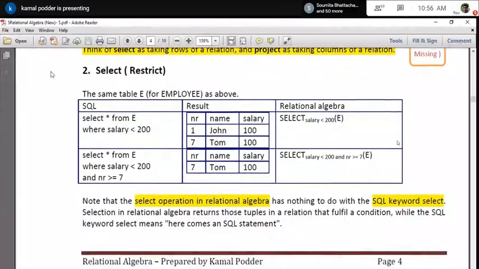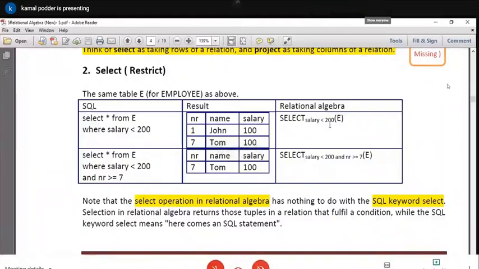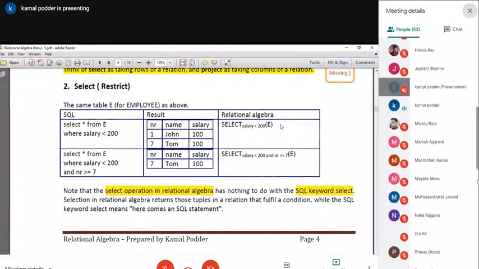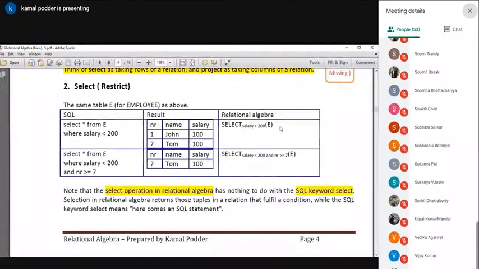Now the select operation. Here, this is my result set. Say there is an employee table, there is a lot of information. If I want to just find out who are the employees getting salary less than 200, I'll just write select salary less than 200 from E. E is my relation.